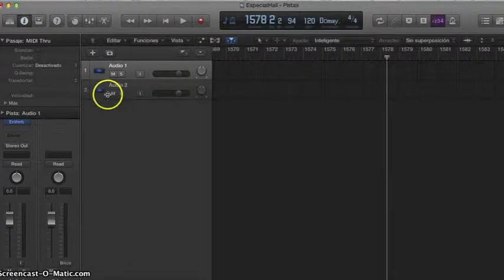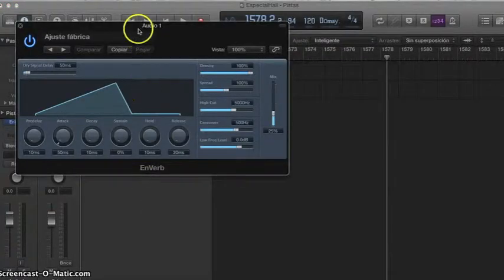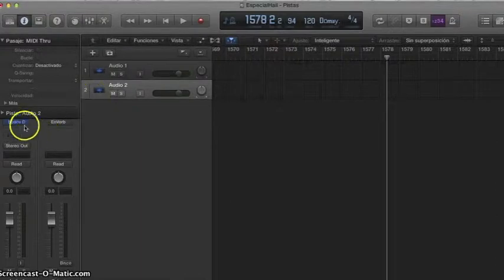In Logic Pro X, you click on the audio track, you go to the mix on the left, you click on effects, go to reverb, and well, right now I have 4 options, but right now I like to use this one, the algorithmic. Then the second track we have